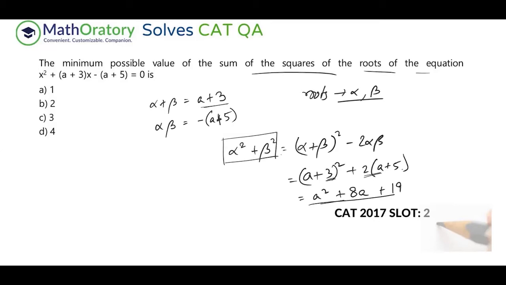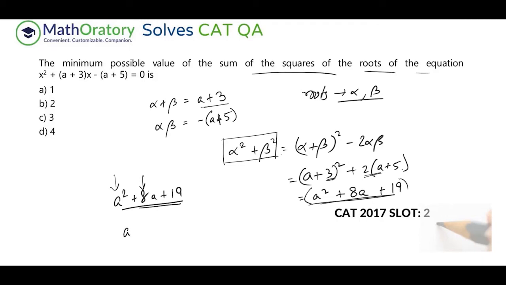Now, don't try to apply any sort of ideas into a minimum problem whenever you have something like that. The simplest and fastest way to solve every question like this, if you can, is to make a whole square. In this case, you have a square plus 8a plus 19, and we are trying to find the minimum of this. If I can make a whole square, that will automatically tell me the minimum value. This is simply an a square here, and also this is an even number, so making a whole square is very easy in this case.